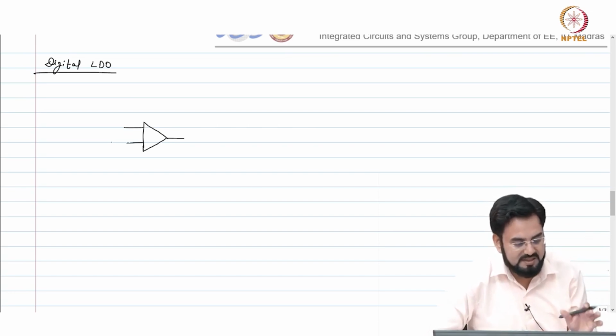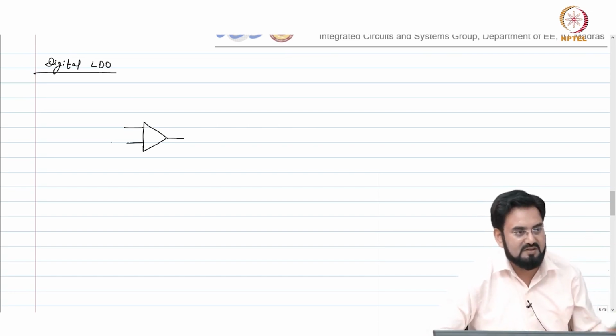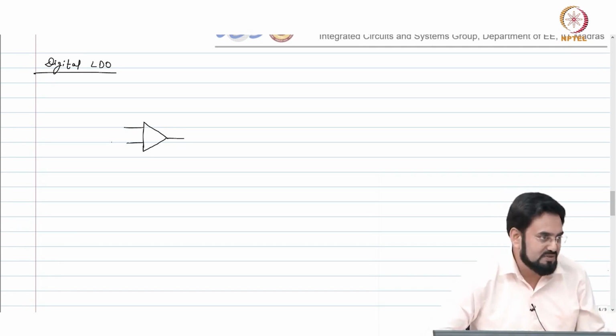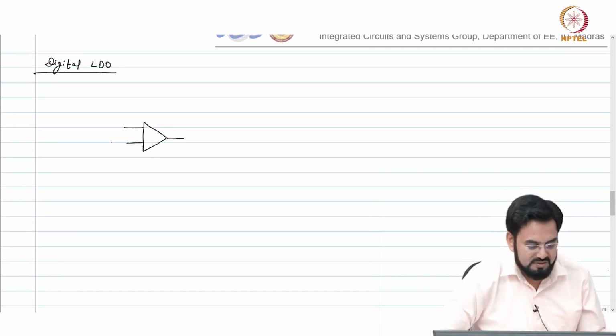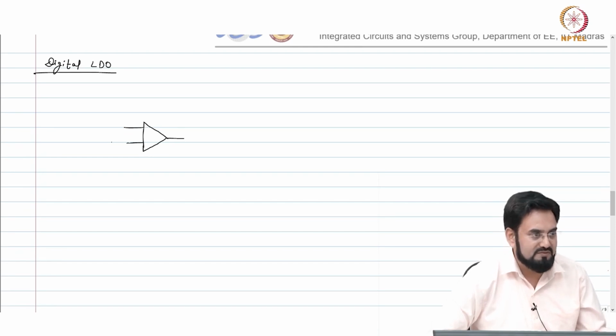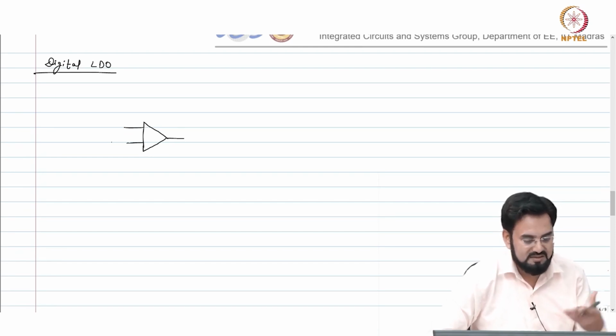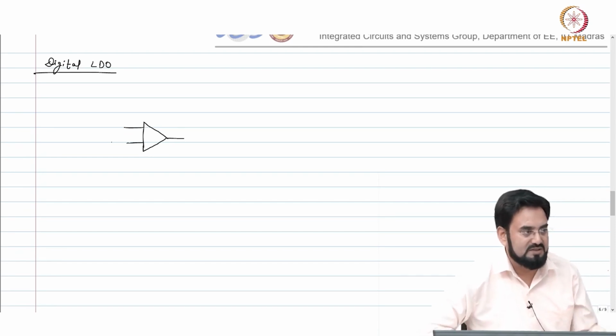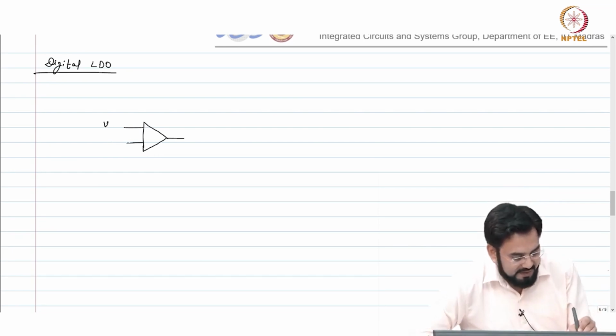But the simplest method is you just make it a first order system. It will simplify everything, but obviously your transient response may not be that good. But sometimes if you are not concerned about your bandwidth, only regulation, and you are looking for very small area and small current, this method will always work. So, I have a comparator, Vref,